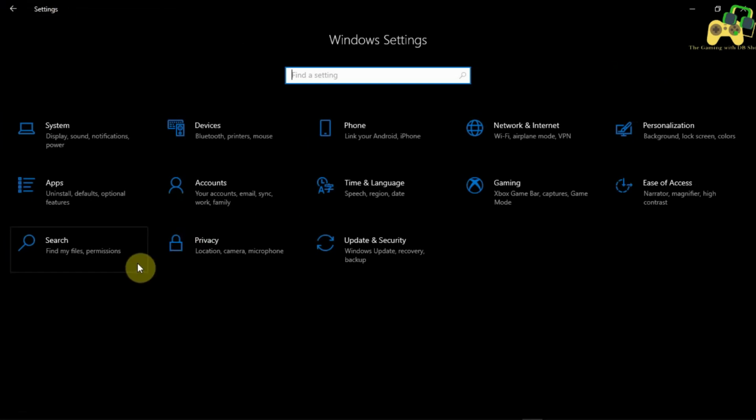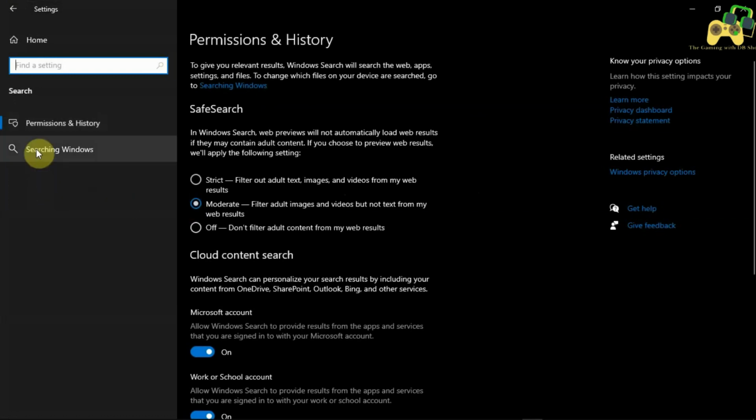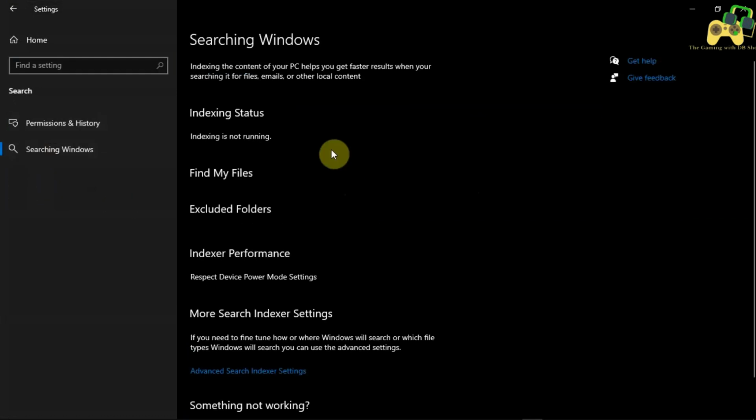Then we need to go to search, and here you want to go to searching Windows. Here you can see my indexing is not running because I have disabled it by default, but your settings will be different.